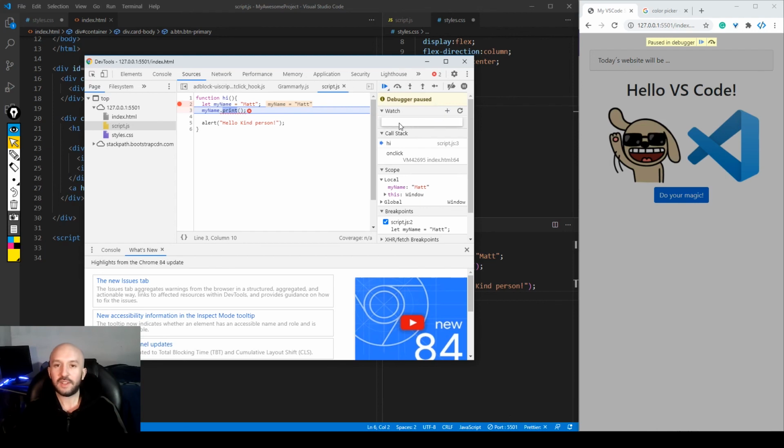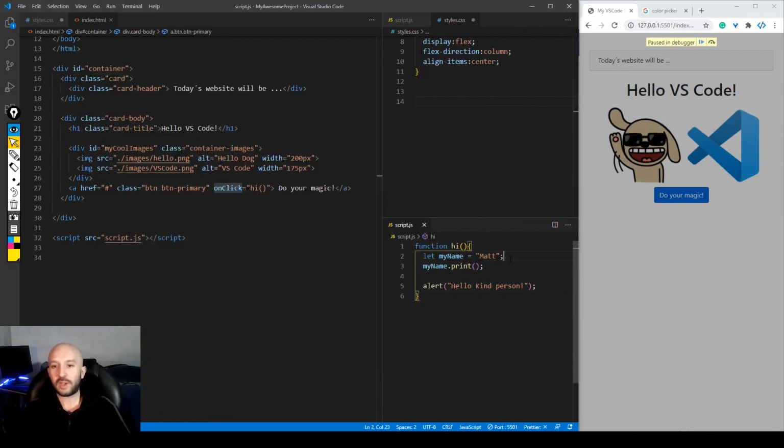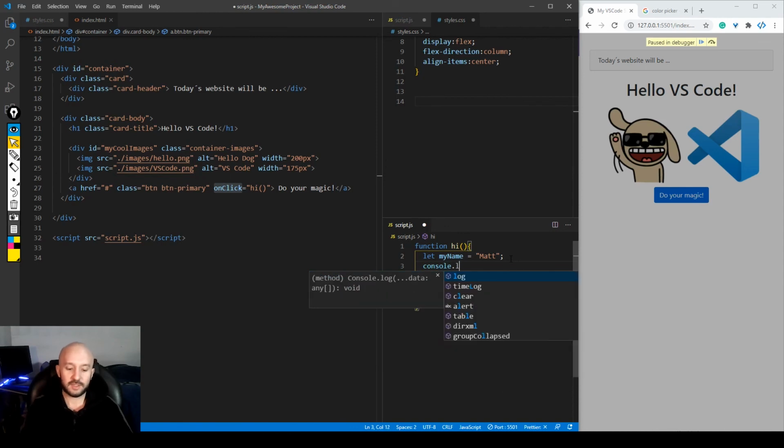I can also add the variable to my watch. My watch is a way where you can watch all the values of your variables. So if I type in here my name, I will see that it only holds the value of Matt. So then I realize and say, oh, if I want to print the value, I have to console log it and not send a message because my name does not understand that message. And I can go ahead and fix my code and say print my name,